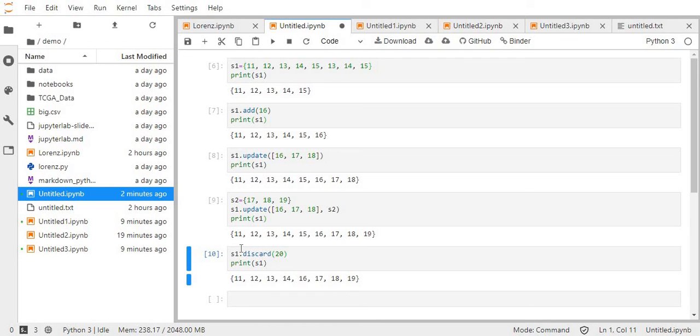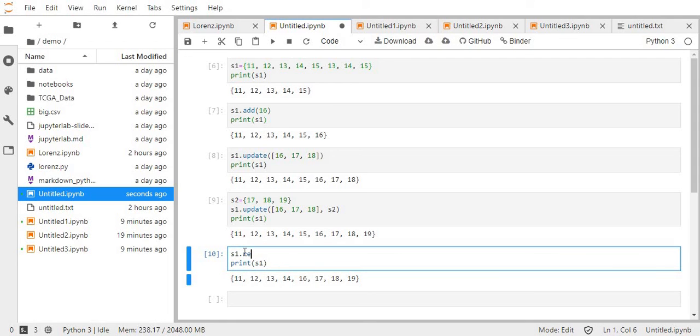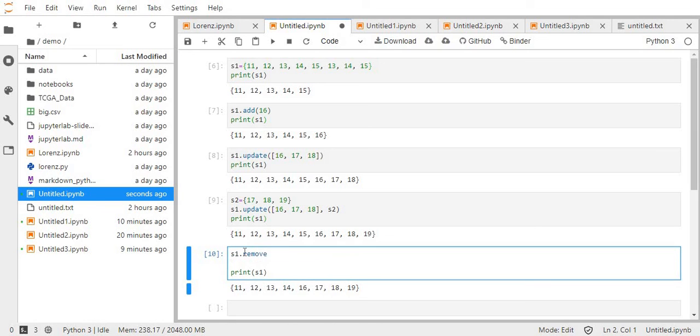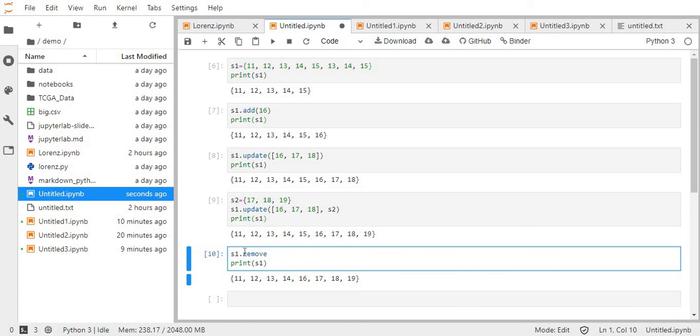Okay, so now what if I wanted to remove some values from my set? Then we can either use the remove or discard methods. Let's look at the difference between the two of these.